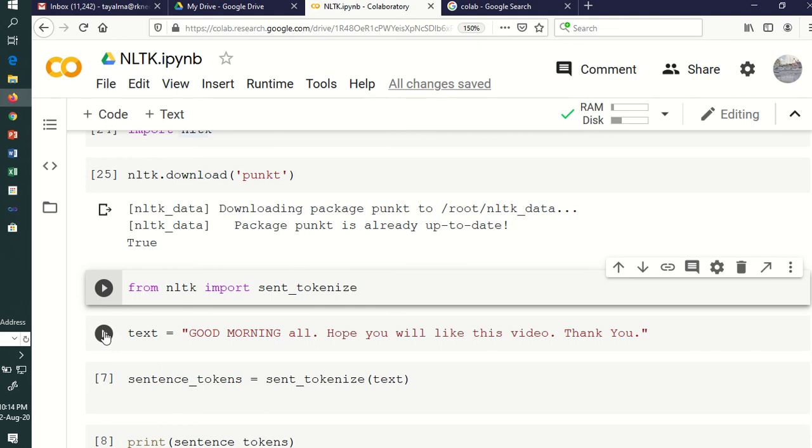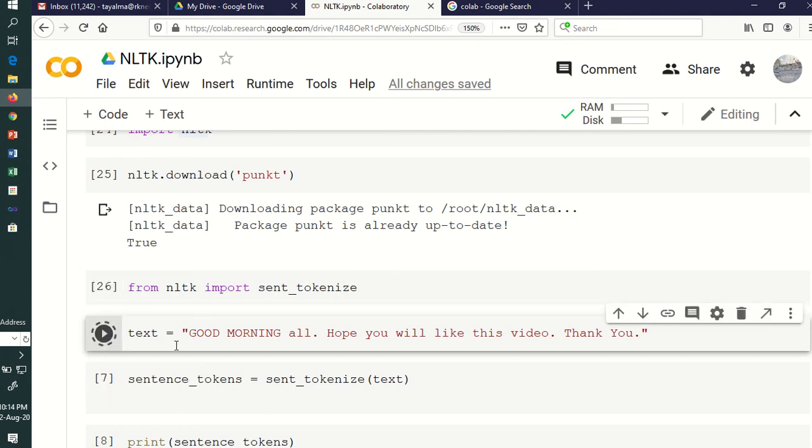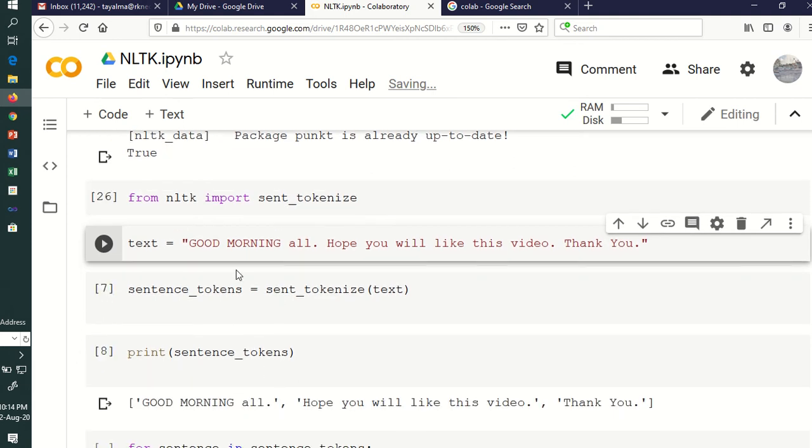So in the next code cell, you write text equals to whatever paragraph you want to pass, but the important thing is that it should be in double quotes. It should start with a double quote and end with a double quote, and it can have any number of sentences in this text.